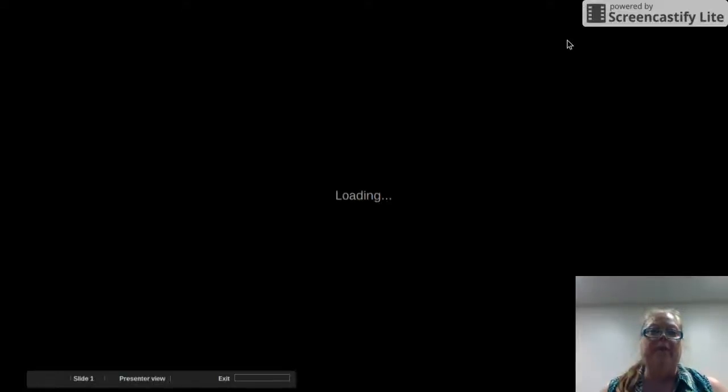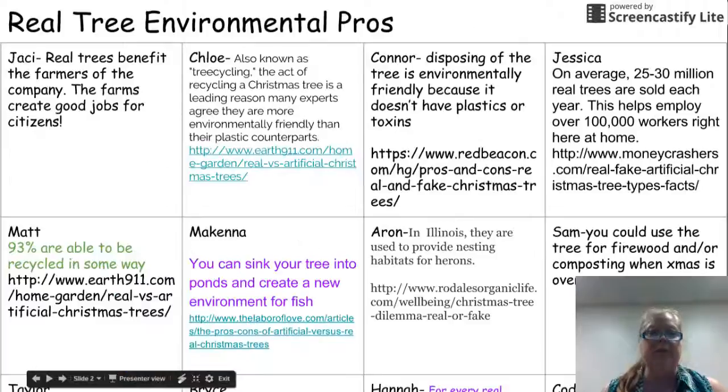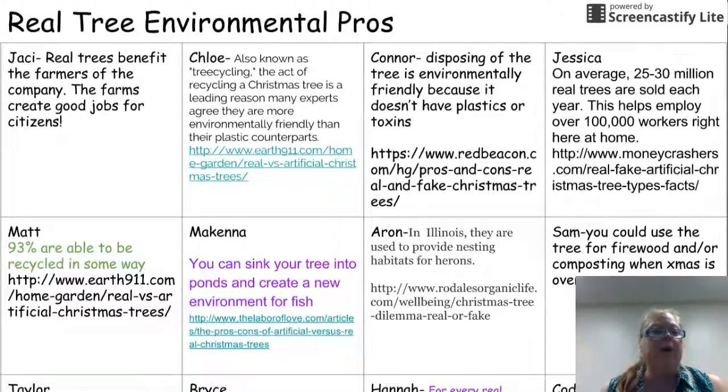We did the pros and cons of using real trees versus artificial trees. And what I did was each student had a place to write their answers. And they were supposed to give me a pro, and there were certain rules about you can't just copy somebody else's answers. You needed to give the cite where you got your information from if it wasn't something that was